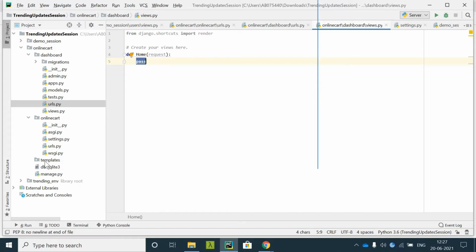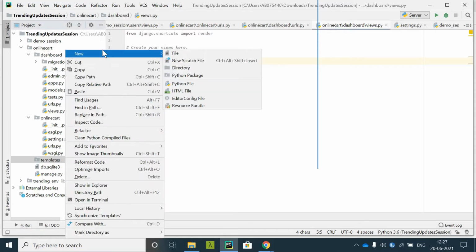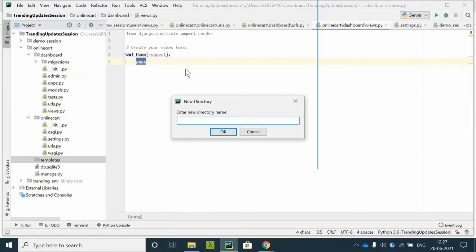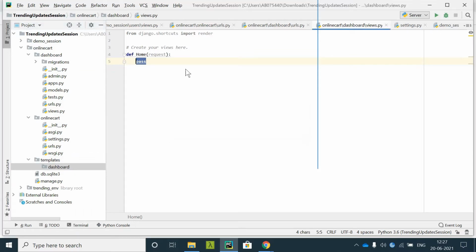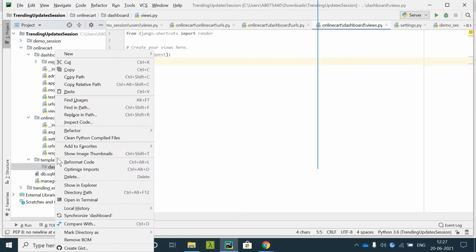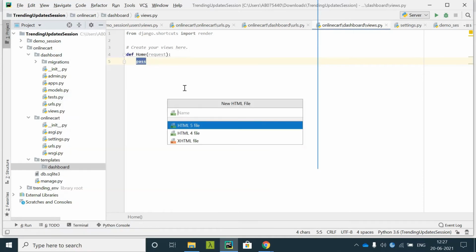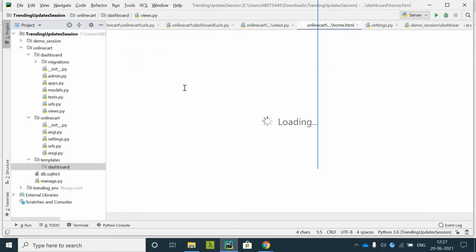So to separate out the HTML files from any other app that is created, we'll simply create a new directory, say dashboard, and inside it we'll create the HTML file named home.html.